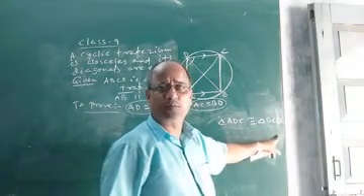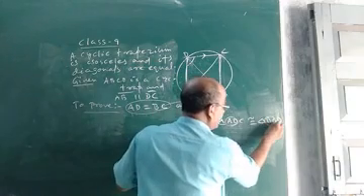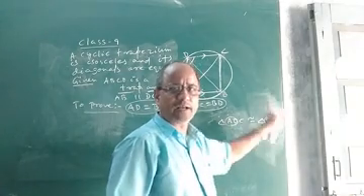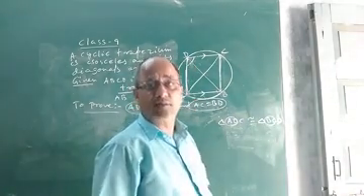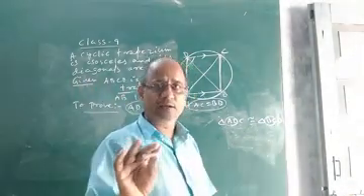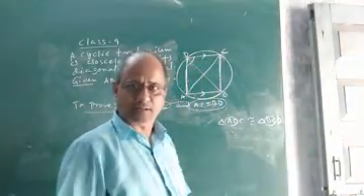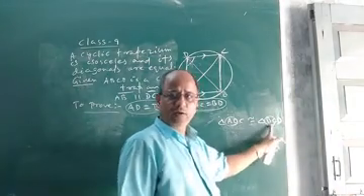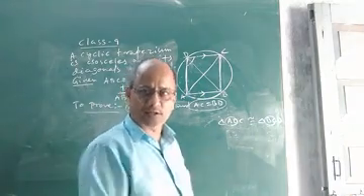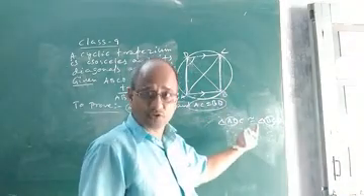If these two triangles are congruent, then AD and BC are one pair of corresponding sides of these two triangles. So automatically AD will be equal to BC, by CPCT. You know what CPCT is: corresponding parts of congruent triangles. We have already read this in another chapter, the chapter on triangles, where I have discussed everything in detail. So the non-parallel sides will be equal, that is, the cyclic trapezium will become isosceles.